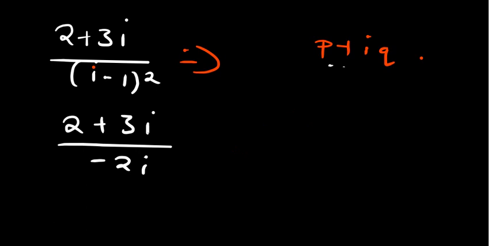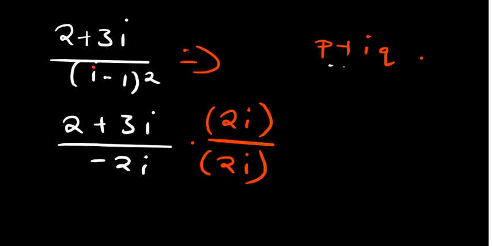So in this case, I don't know if it's fortunate or unfortunate, we just have the imaginary part, so we just want to change the sign of it. So we have negative 2i, we multiply both the numerator and the denominator by 2i. So what do we have on the numerator? 2 multiplied by the 2i is basically 4i. 3i by 2i is basically 6, so i is going to be squared because there are 2 that we are multiplying there. Then on the denominator,